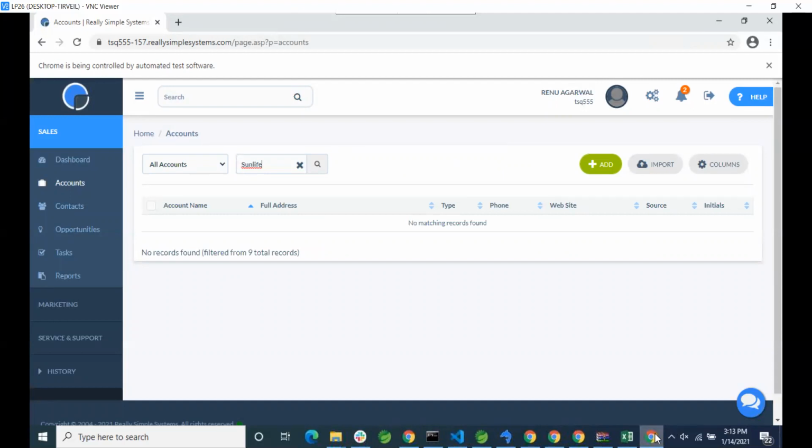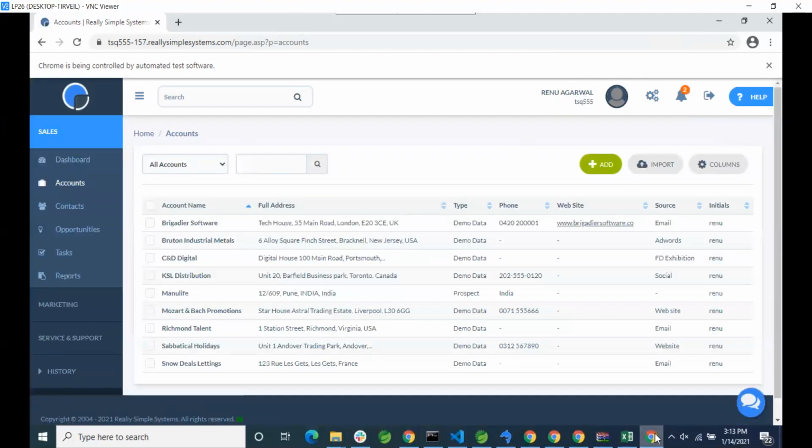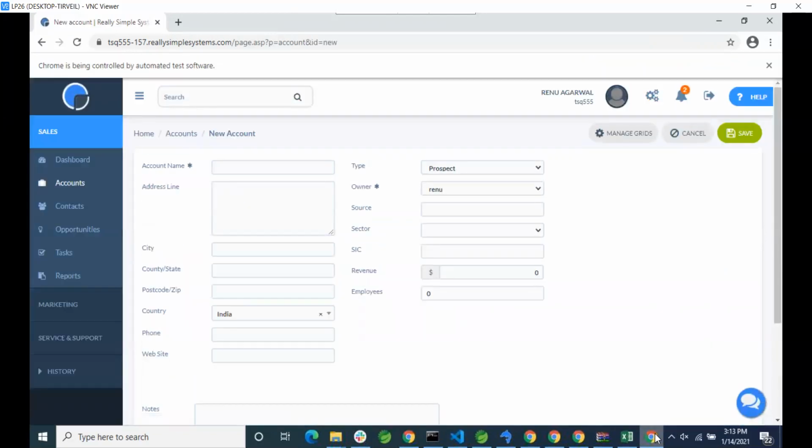And once it is verified, it will try to create an account by clicking on the add account button. And now it is showing us the list screen of the account, and then it will click on the add button and enter the data.